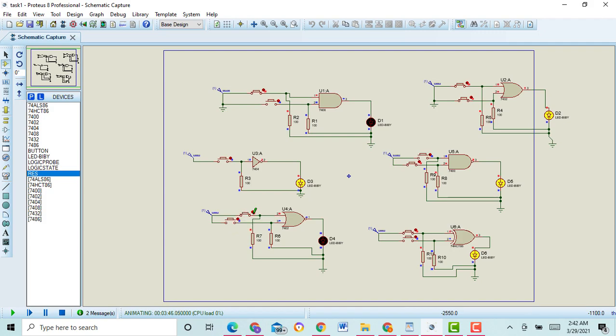Here you can see the LED is off. When I give 0 to the NOR gate, then the LED will be on. Here you can see when I give both inputs 0, then the LED will be on.